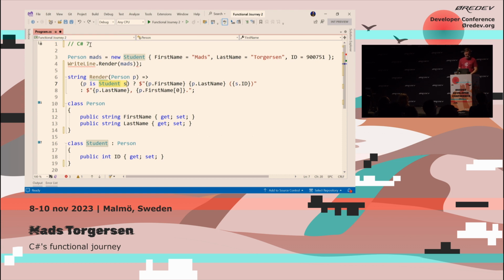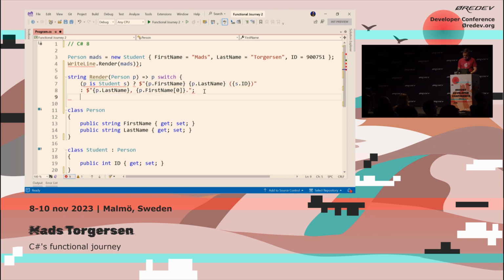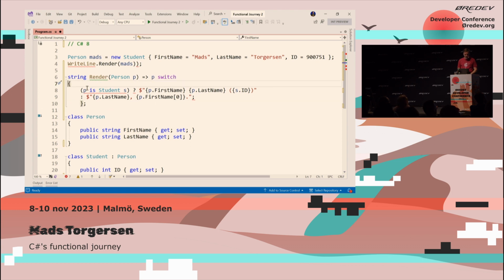So in C# 8, I think it is, we're like, okay, let's copy the functional programming languages some more. Let's have a switch expression instead that does pattern matching in an expression style. So you can say p switch here, and then open curly, and at the end there's a close curly, and semicolon here because this is an expression body. And inside of that switch, what we have is pairs of patterns and expressions for if that pattern succeeds. So the pattern student S here